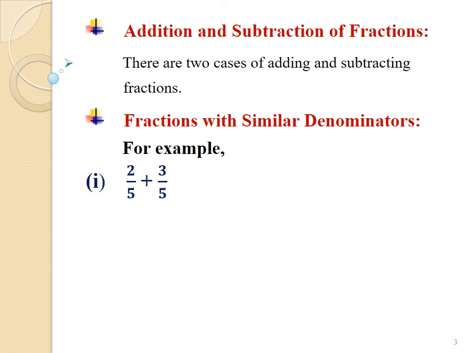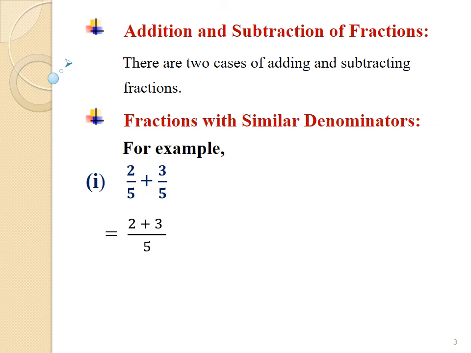And we have to add the numerators directly, keeping the denominators same. So now, let's add the numerators and keep the denominator same. Thus, adding numerators 2 and 3 and keeping common denominator 5 same,